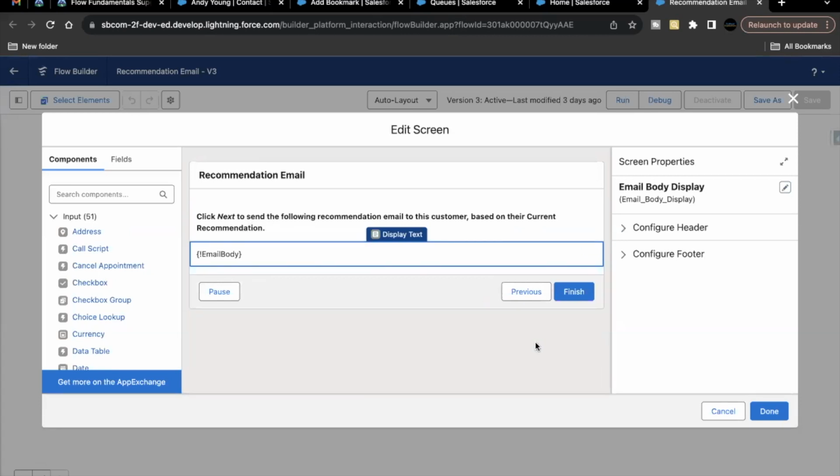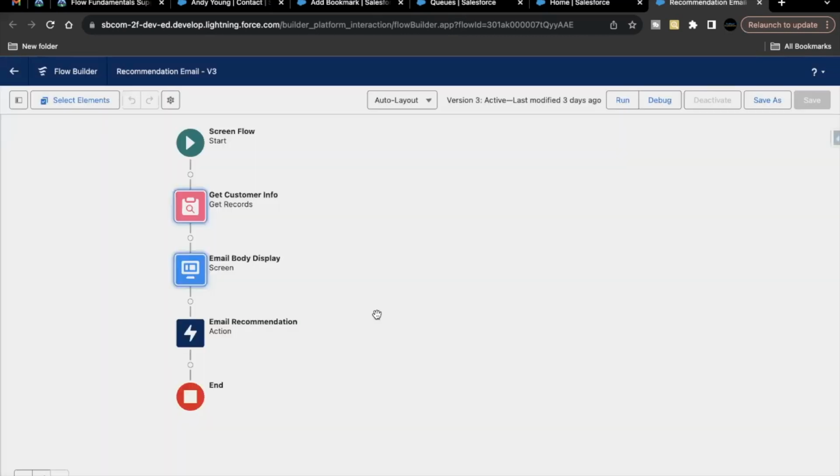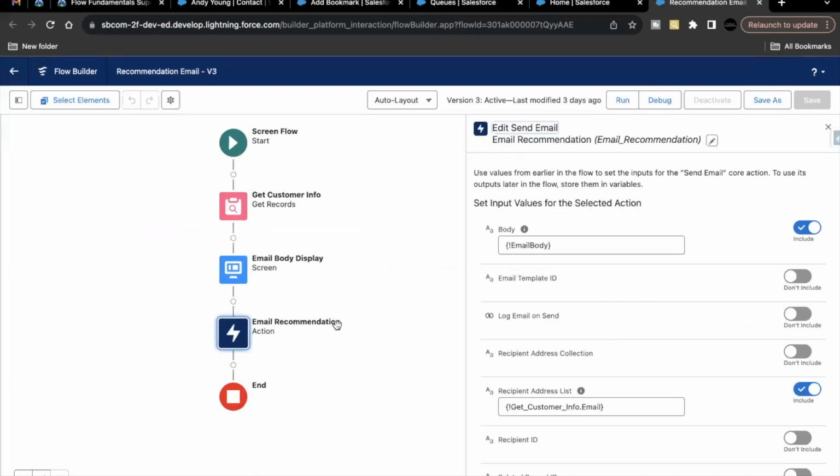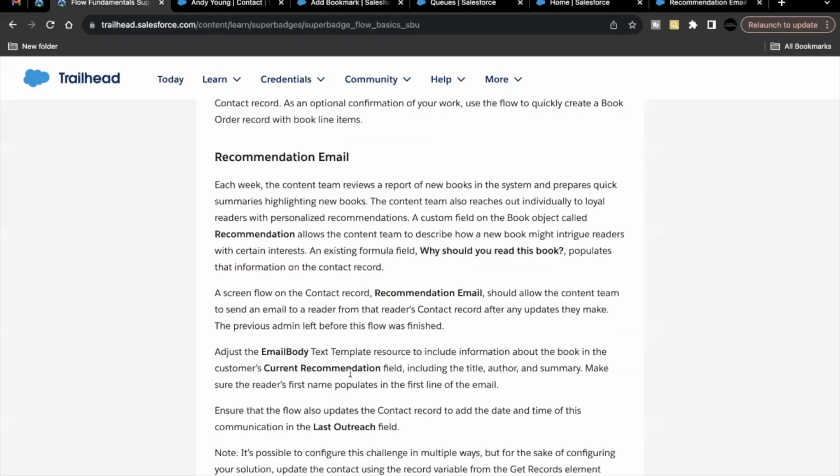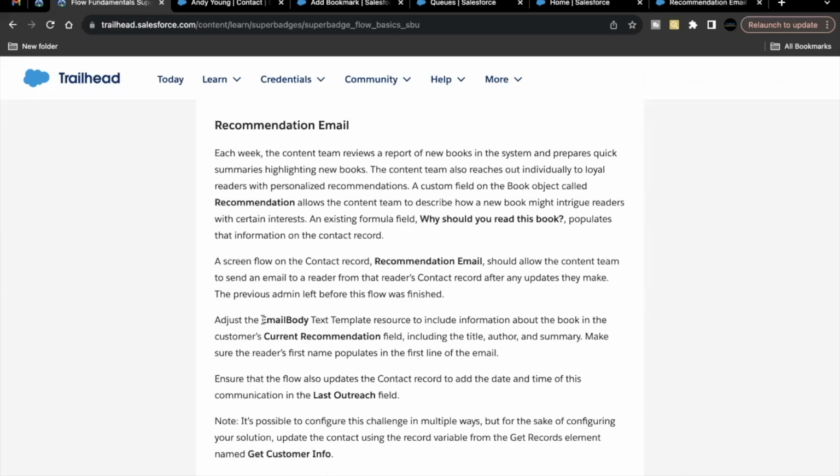And there is some text written over here. That's all. Then finally, we are using the email action to send the email. The email is being sent to the contact email. Now, the first thing that we have to do in this challenge is we have to update or adjust the